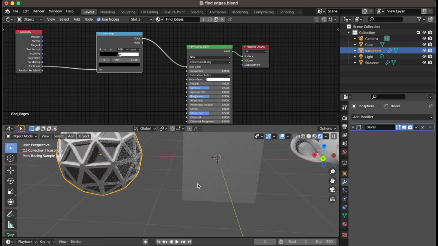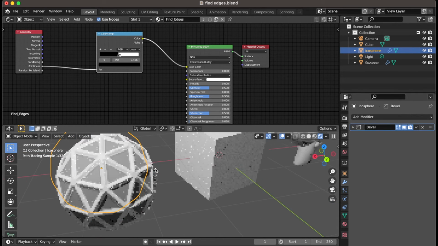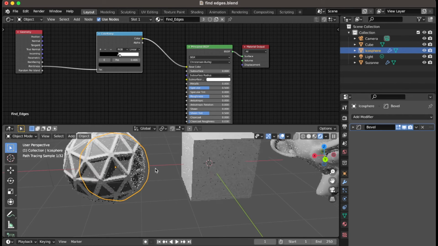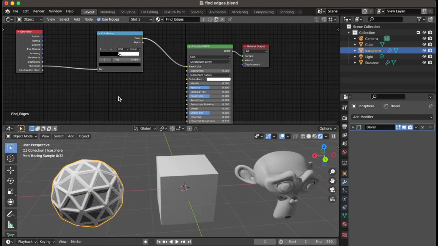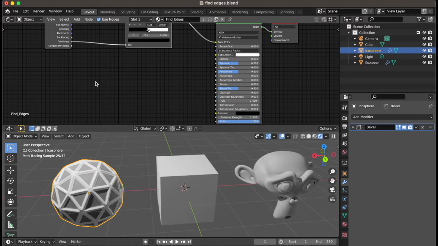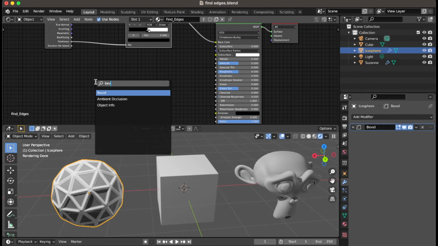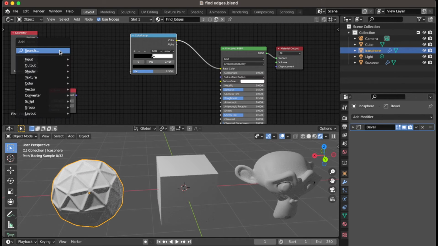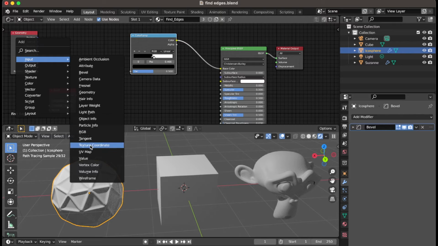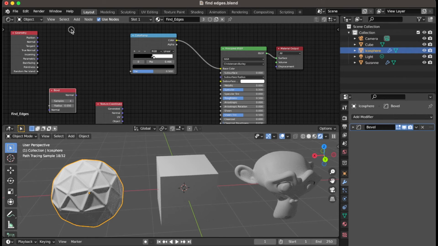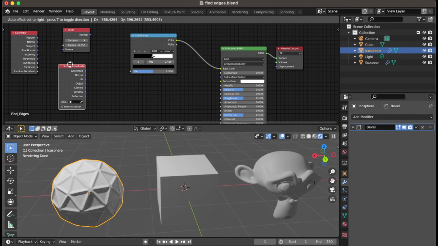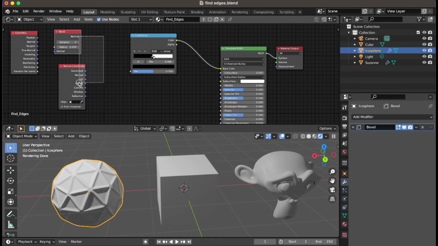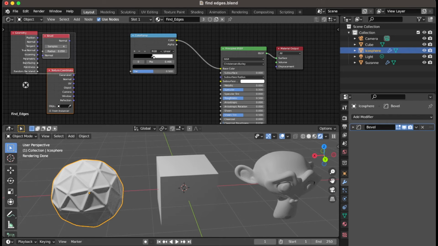Something else you can also try is, I'm going to try and get this cube to affect here, and I'm going to do that by adding in our very well known texture coordinate. I'm going to use bevel, texture coordinate, and another node,